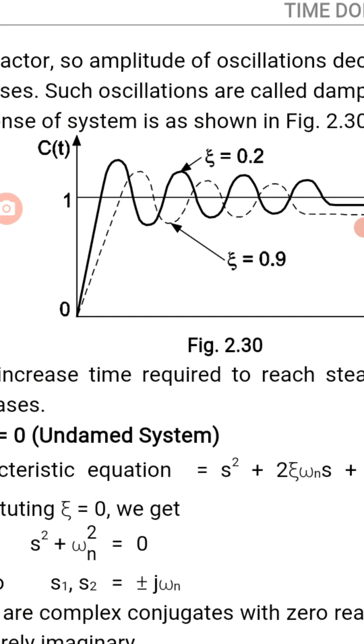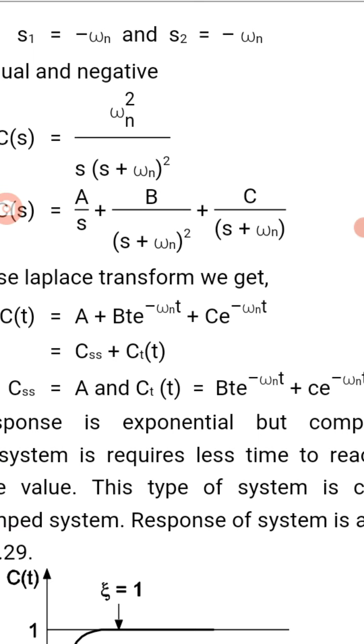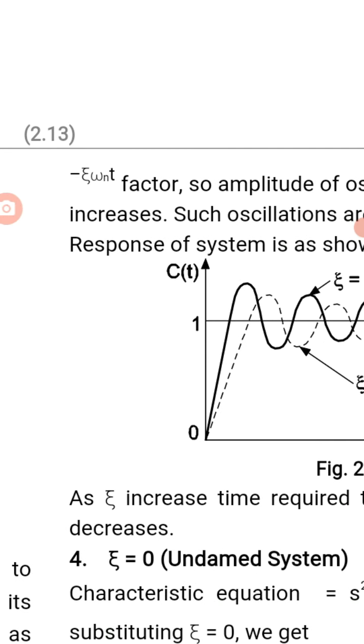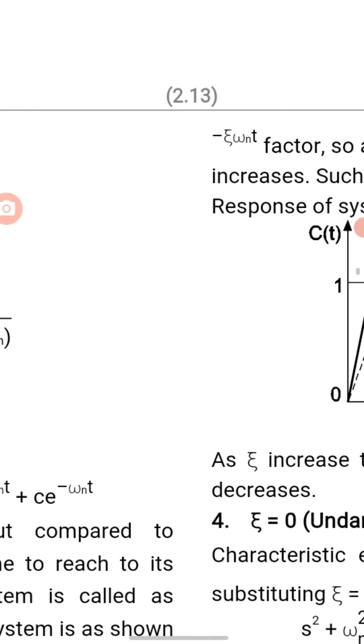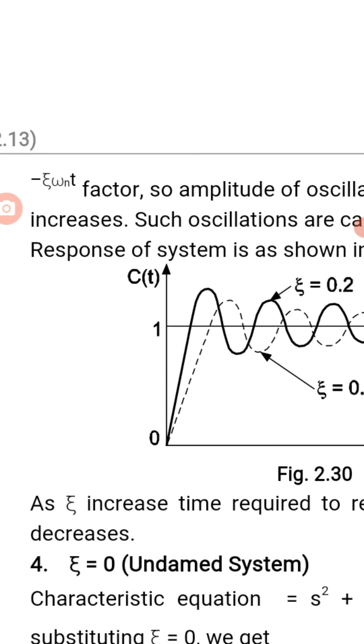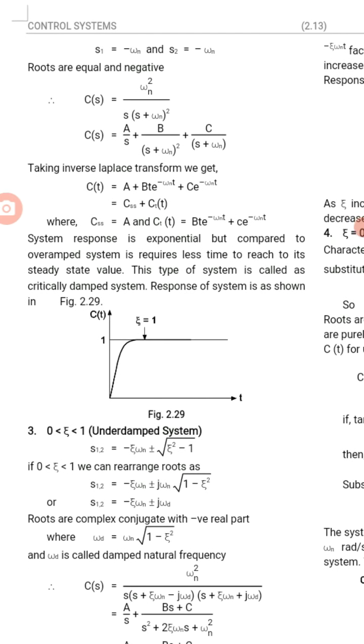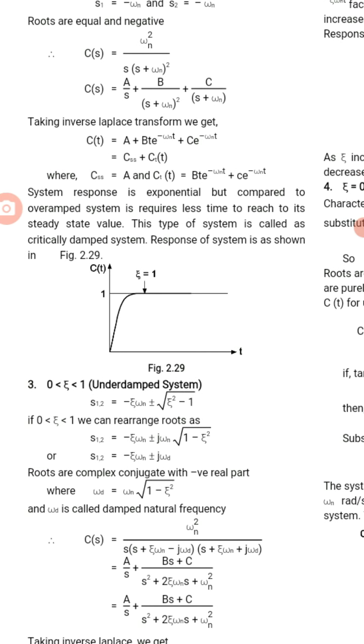If it is critically damped, then there will not be such type of oscillations in the system. And if it is overdamped, there will not be such oscillations either. The system will smoothly reach unity. But if it is underdamped, then the system will not smoothly reach unity. It will oscillate first and then try to reach unity, because the input is a unit step.